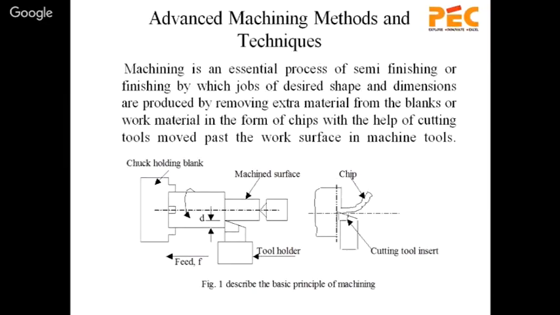Now, advanced machining methods and techniques. So here